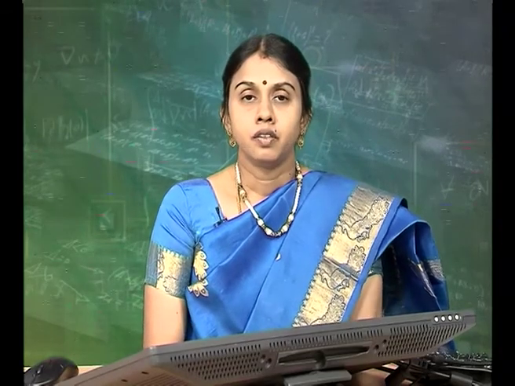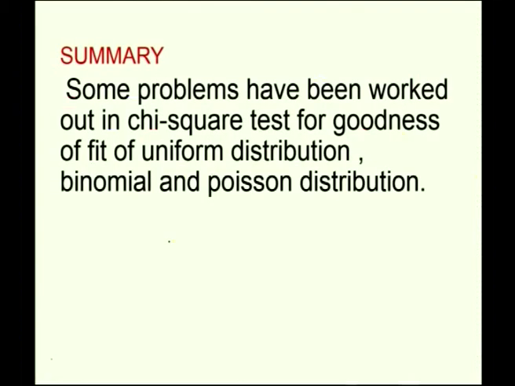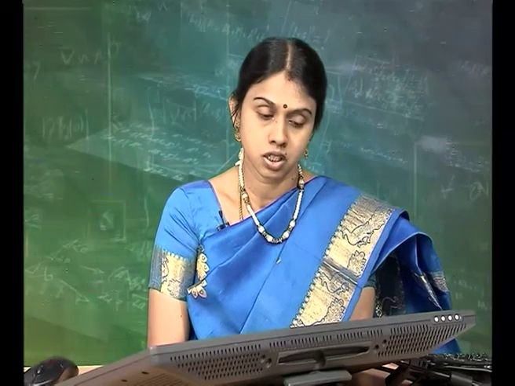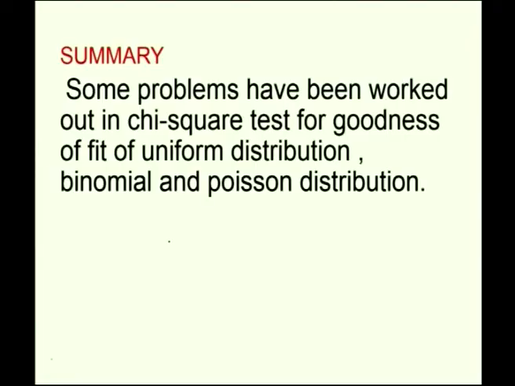In this session, we were talking about the chi-square test for goodness of fit. We have done some problems in a chi-square test for goodness of fit for the equal distribution, and the ratio distribution, which comes under the category of equal distribution itself, but only in the form of ratio. And then the binomial distribution: binomial probabilities were calculated to find EI, and then we saw whether the binomial distribution is a good fit. We have also done a problem for fitting the Poisson distribution and testing whether it is a good fit.